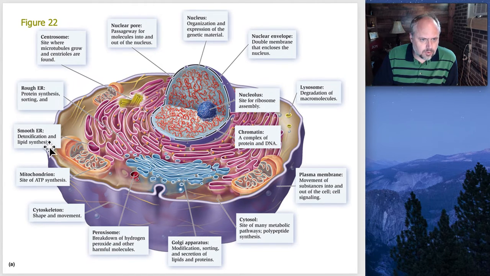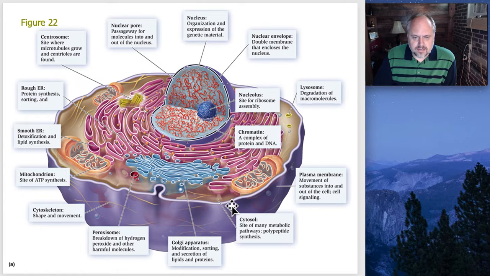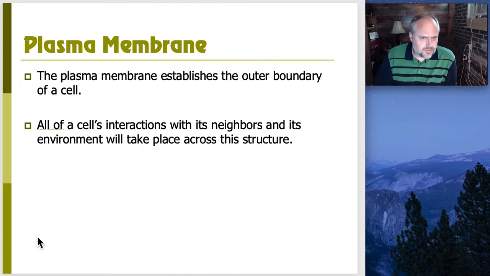Okay, so here this purple thing that surrounds, and of course this would be an animal cell. A plant cell would have its cell wall that would be on the outside of this, but the plasma membrane would be this cellular membrane here. Okay, so